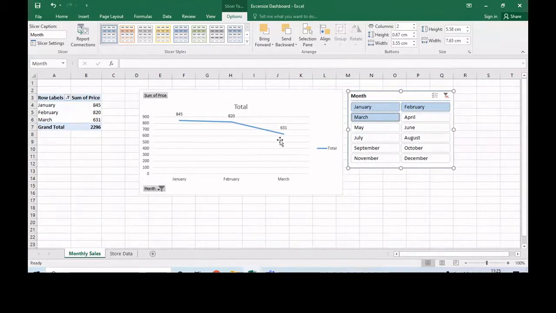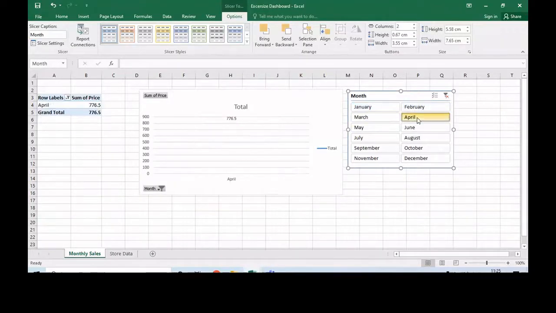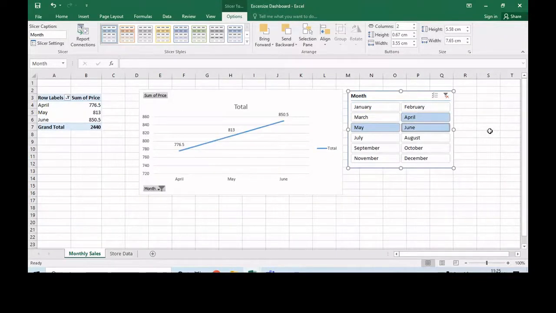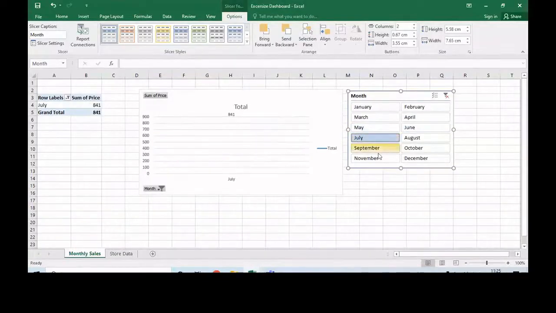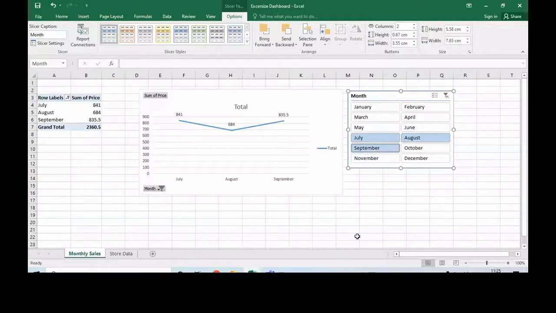So okay, now my first quarter cell is in front of you. If I want second quarter, let me select the second quarter. It's there. July to September or October if I want, whatever. So this customization you can do, and accordingly this slicer will help you to filter the months which you want.